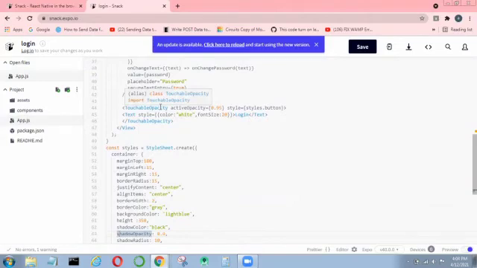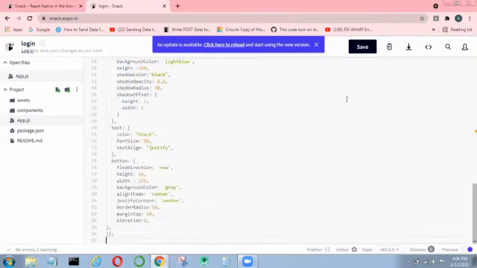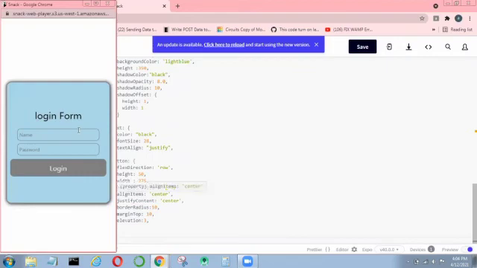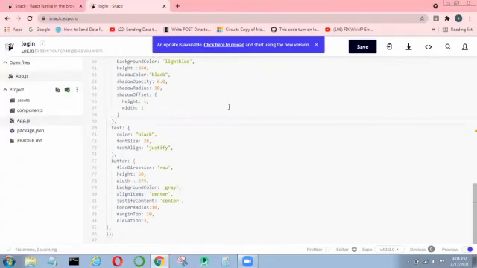In React Native, we declare our style using StyleSheet.create. This is used to create our style. These are our styles used in this code. Next, we see our input and output. This is our output. We have to give our name and password, then login. That's all for our implementation.